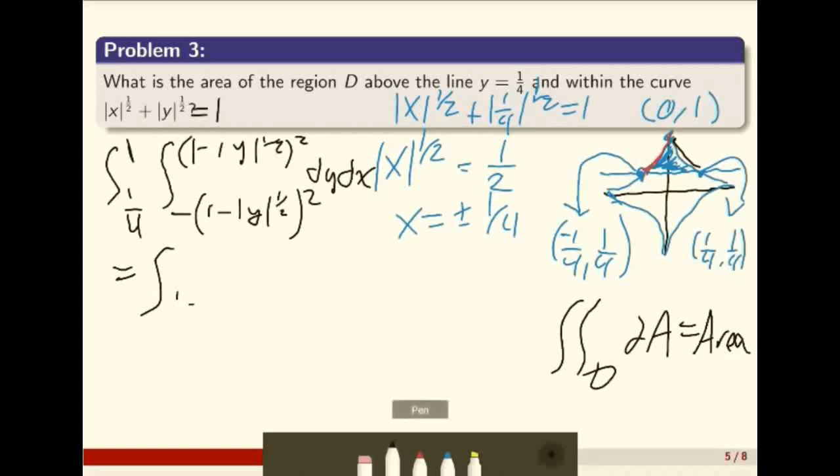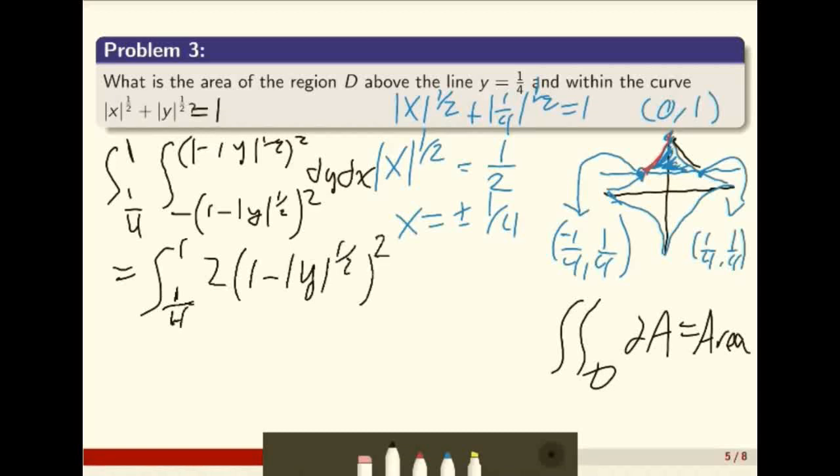Try to write this legibly. X at 1/4 to x at 1. It's not much better. We're going to get this upper bound minus the lower bound, but since the lower bound is just the negative of the upper bound, we're going to get minus a negative. And so that's going to give us just an overall factor of 2 times this thing in the middle, (1 minus y^(1/2))